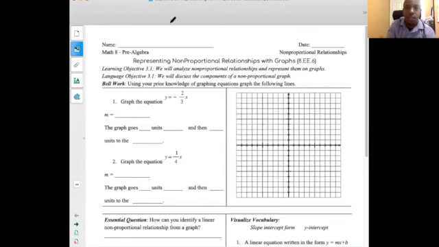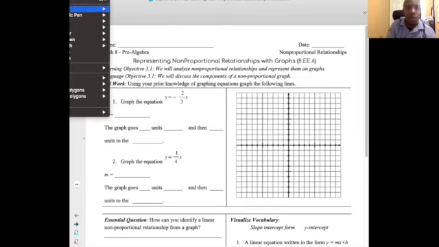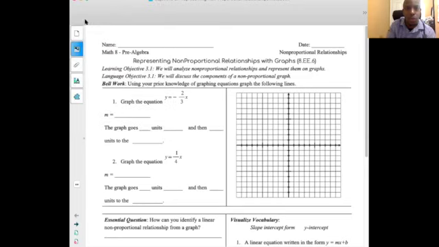So if you have your packet with you, please open up to 3.1. If you're joining me on Google Classroom, once again, look on with us on lesson 3.1 as well. And let's look at it together. All right, as custom for every worksheet, I'm gonna give you a few minutes right now to begin to work on the bell work. I want to give you time to work on the bell work, which would allow you to complete